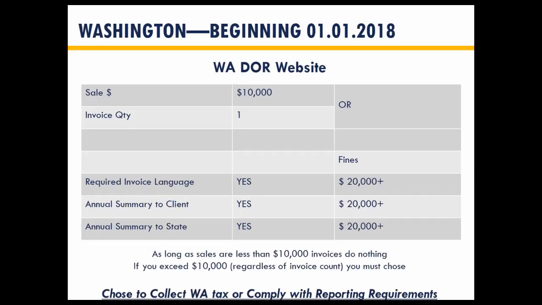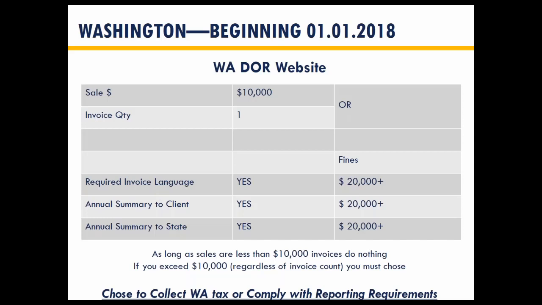And Washington changed it up a little bit. Let's see which one this is. Yep, they changed it up again. I believe I've got the wrong date up here. But Washington said, if you're under 10,000 or the 200, we really don't care.